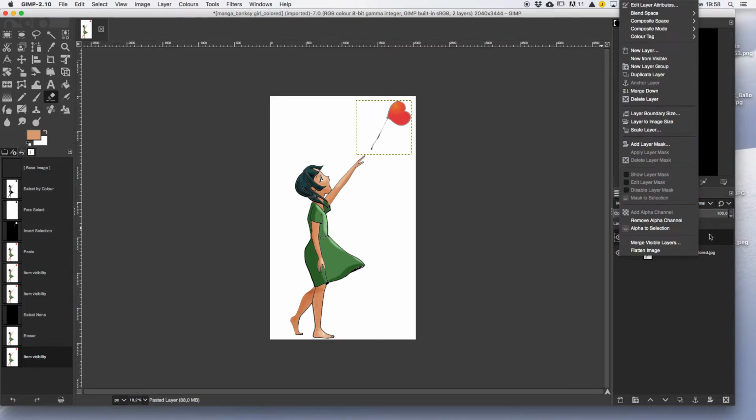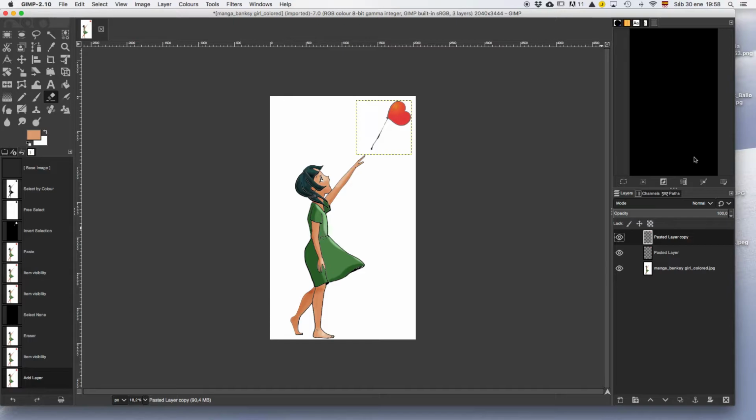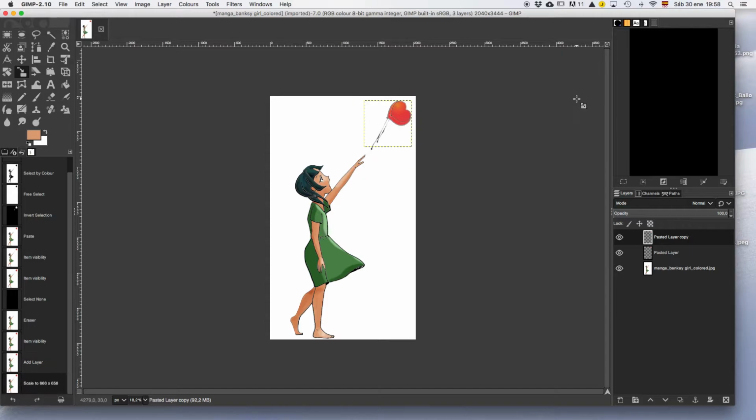I will click with the right button of my mouse in duplicate layer, and I'm going to use the transformation tools. The transformation tools are rotate tool, scale tool, shear tool, and move tool. Okay, so the first one I will apply will be the scale tool, with the idea of making this balloon smaller. Just clicking and dragging and clicking on a scale, you will make the balloon smaller. I will slightly rotate my balloon,